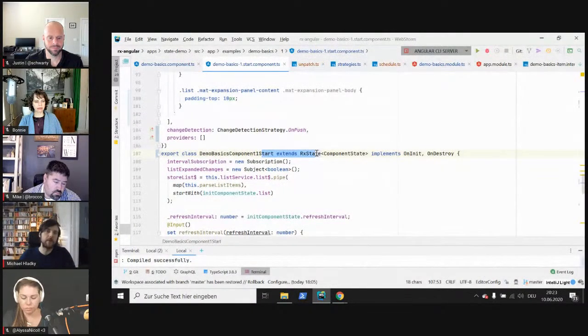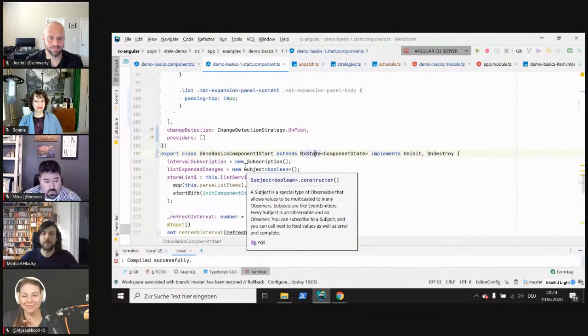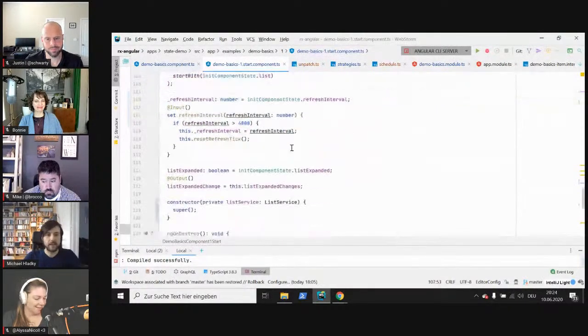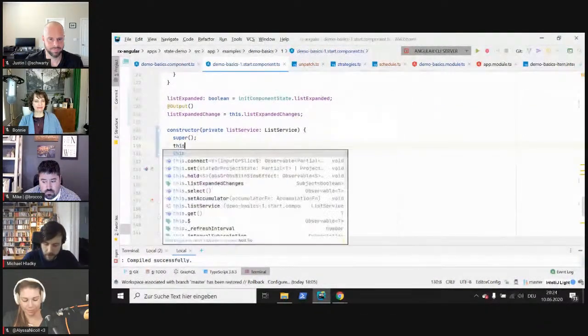And the first really cool thing that you will realize after the demo is that I don't use the word subscribe or unsubscribe a single time. And in the end, we will have a fully reactive application. This is, I guess, a very big benefit, because subscription handling, or to be more specific, the memory leaks that result from it, are painful and very hard to find, and you have no chance to run into it by using this. And now I have this state, and I can initialize my state with my initial state,